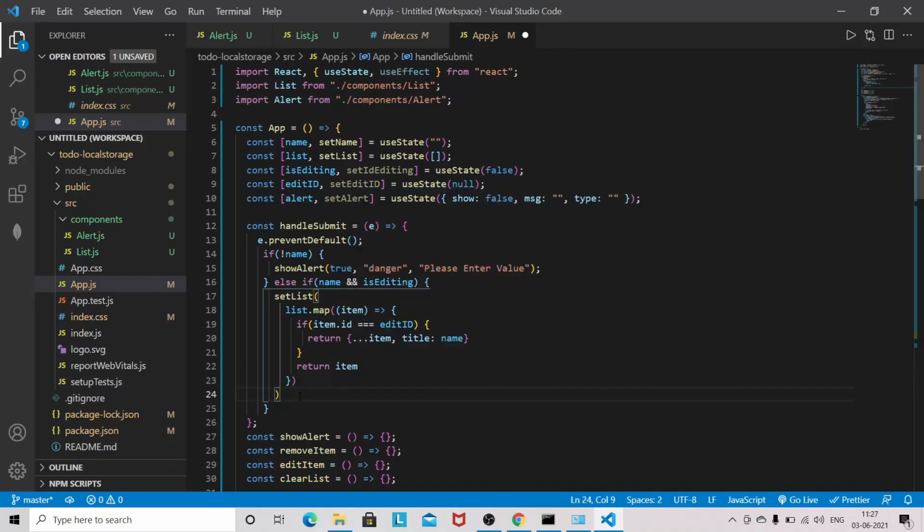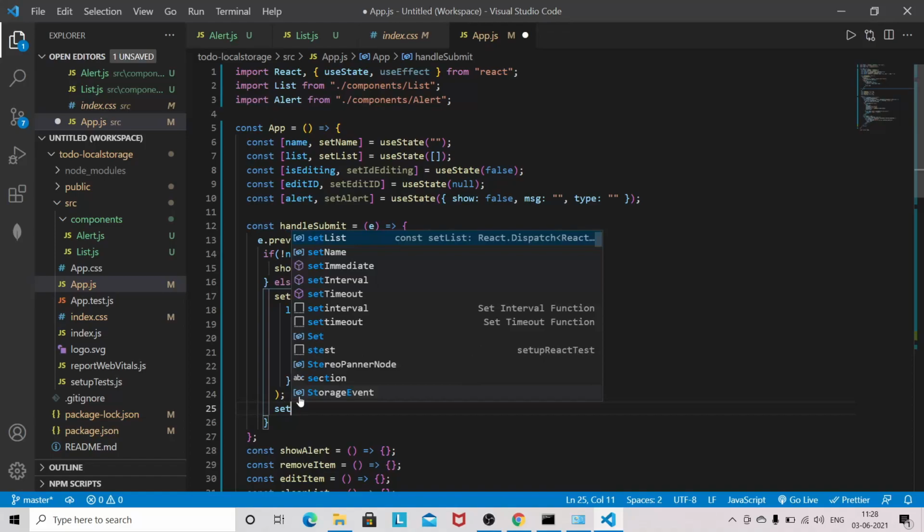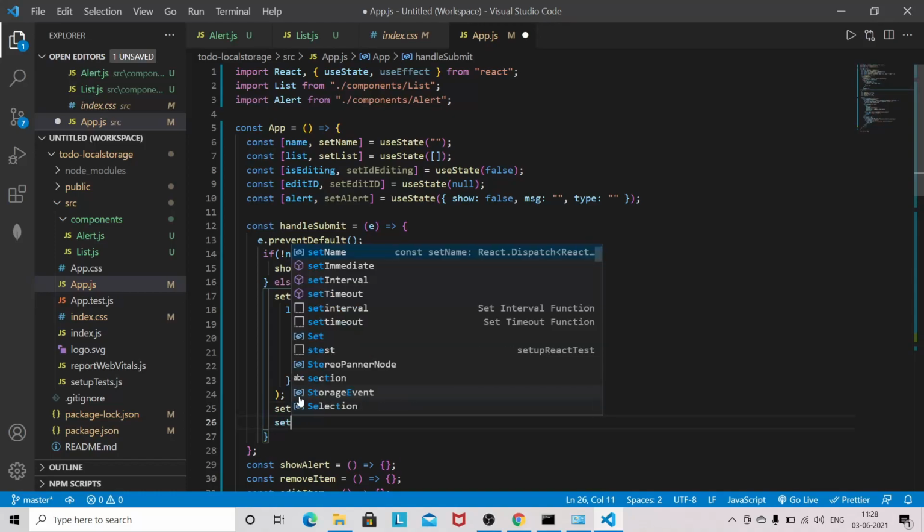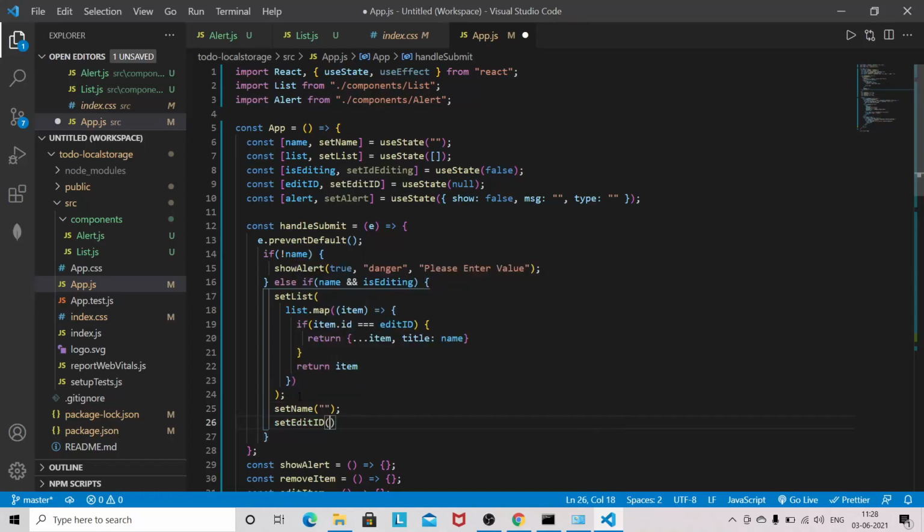And so this is the first check that we have to do. Else we have to do a setName. Set editId to null.